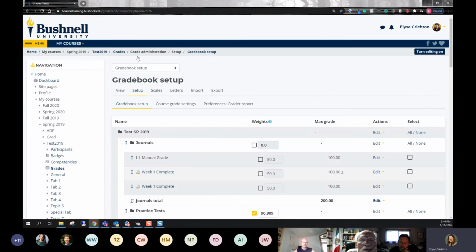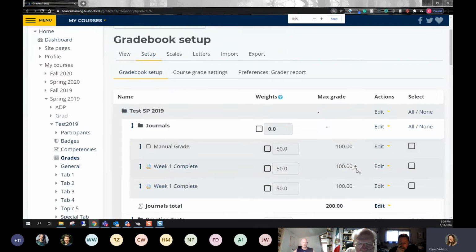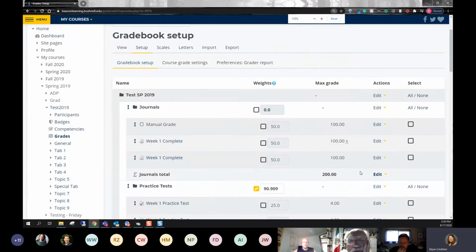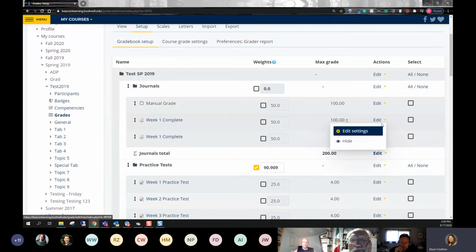In the setup view again, I'll go over how to make an assignment extra credit. Okay, this one's already been made into an extra credit activity, and you can tell by this little plus minus symbol. If you can't see it, I can try to zoom in here. But that's what that symbol is, the extra credit symbol. So it doesn't calculate into your course total points, but it will calculate into your student's individual score. Hopefully I said that in a way that makes sense.